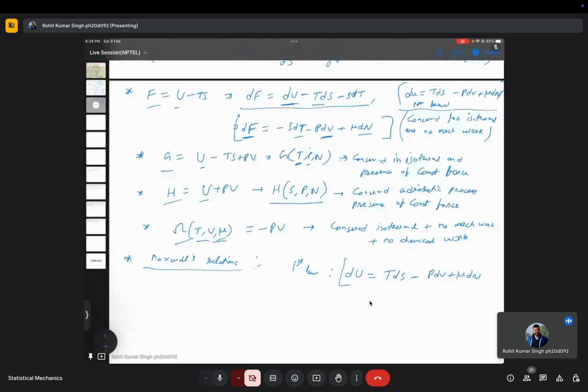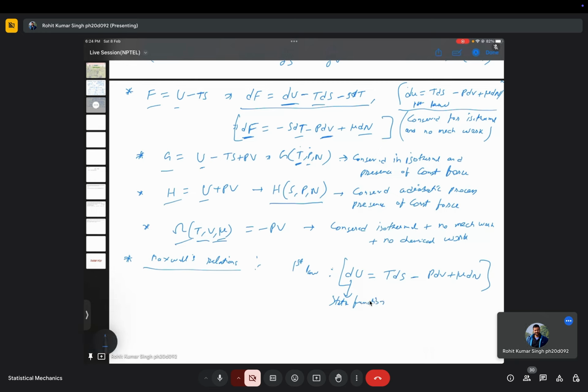Okay, so this is the first law of thermodynamics, and last week I discussed that this internal energy is a state function, right? It only depends on the state of the thermodynamic system, not on the path taken. Okay, this is a state function,